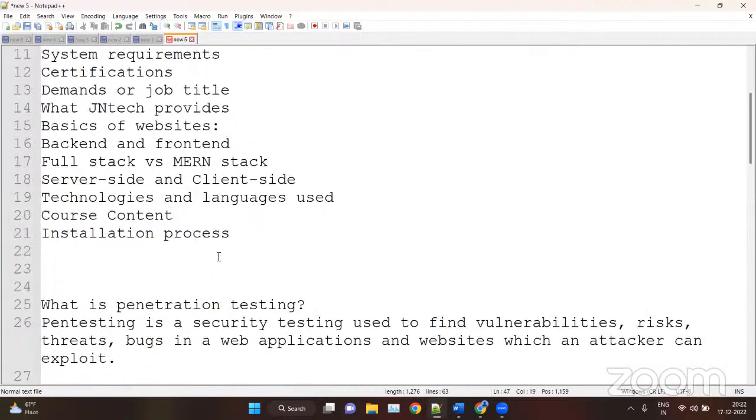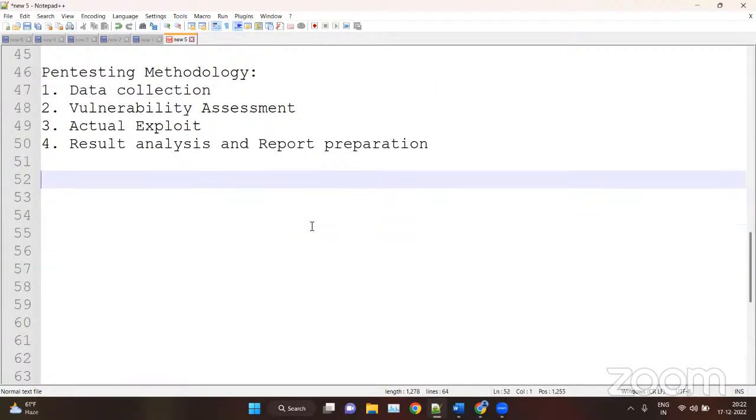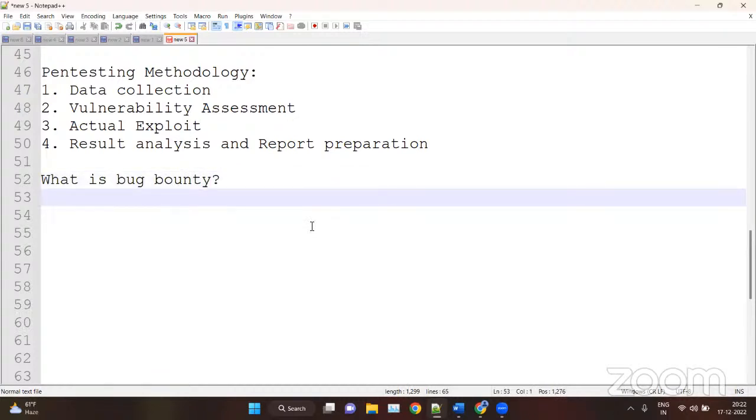After that, we have what is bug bounty or bug hunting. So what is bug hunting or bug bounty? Basically, we'll start with bug bounty only. We can say that a bug bounty is a monetary reward given to an ethical hacker for finding a bug or a loophole inside a web application or website. So we can mention here: bug bounty is a